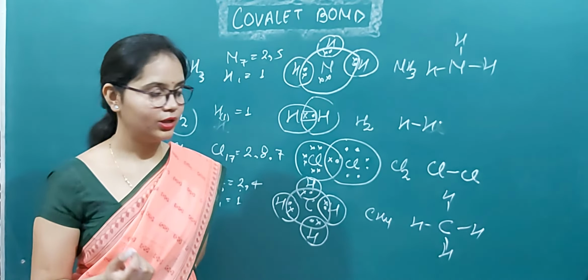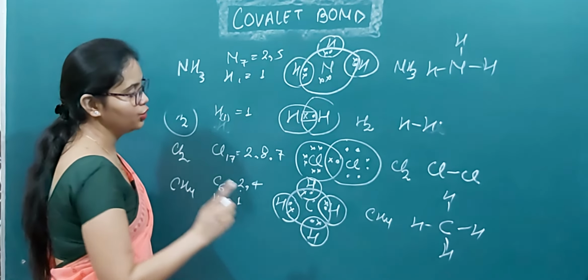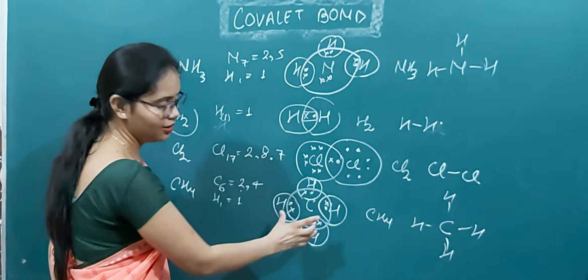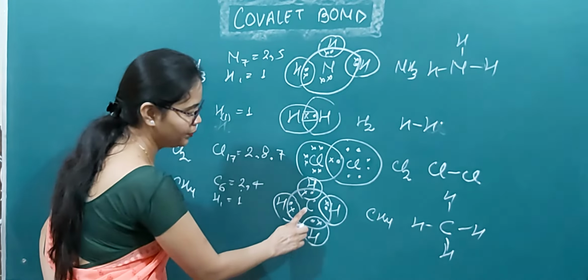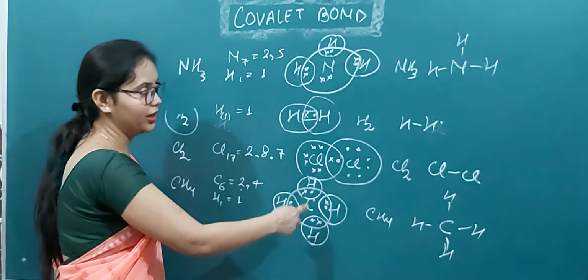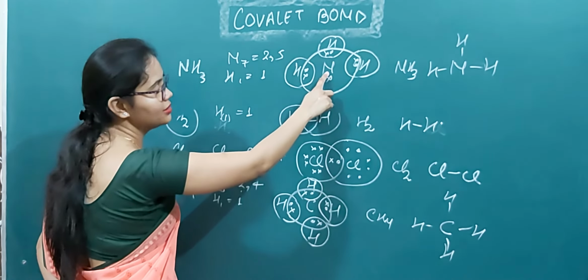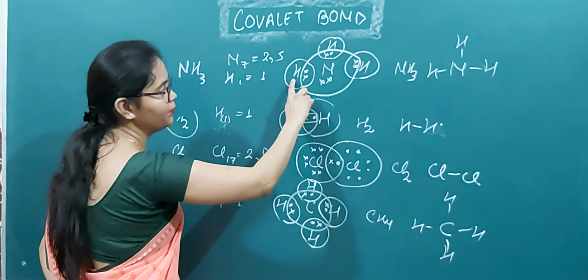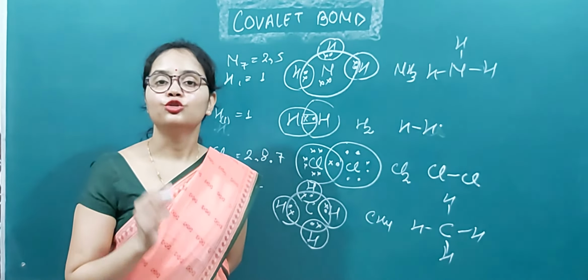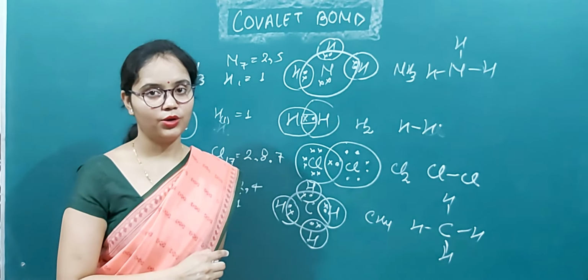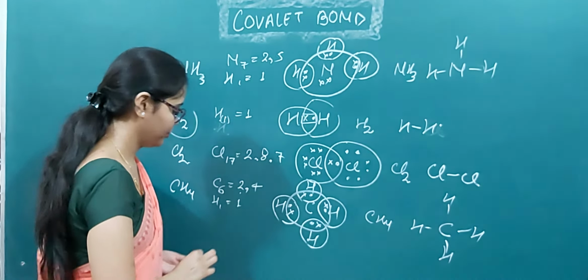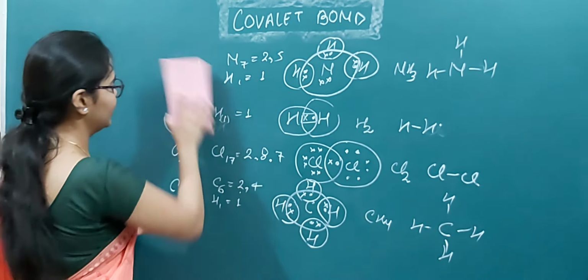I will give you the example. First of all, you should know that I have arranged these atoms in a particular pattern: carbon in between and hydrogen around the carbon atom, again in NH3 nitrogen in the center, and hydrogens present around the nitrogen. So you should remember this arrangement. You have to arrange all the elements like this pattern only. Now we will talk about the second and third.